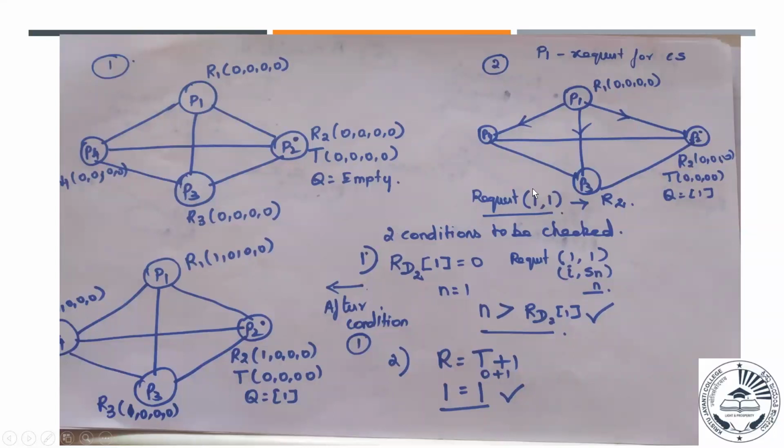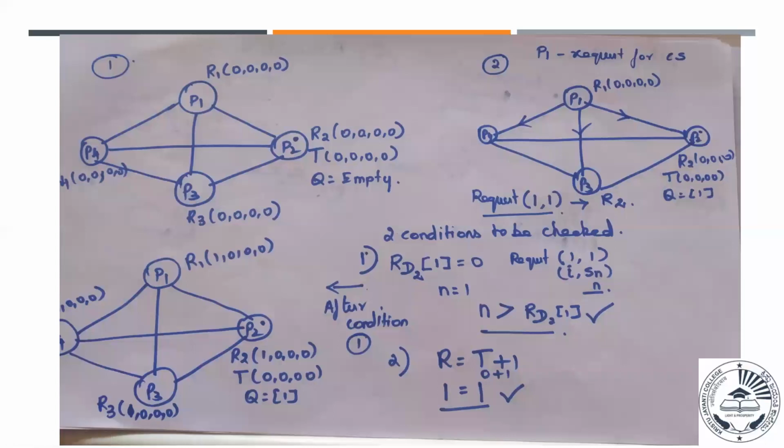P1 from site 1. What is 1? 0 plus 1. N is equal to 0. Ith element plus 1. So that is 1. Okay, so the maximum is going to be, so there are two conditions you have to check. Am I right? So what the P2 will do, RD2, this is nothing but the deferred request what we have